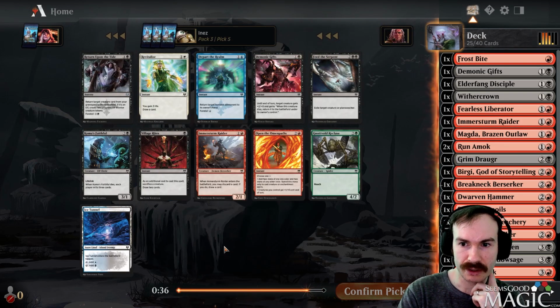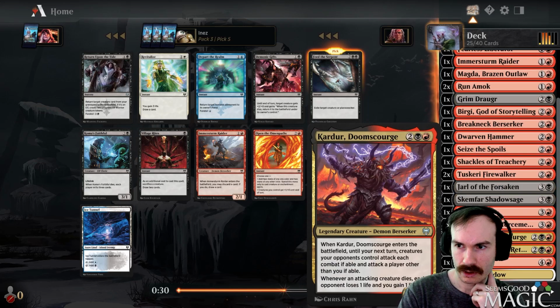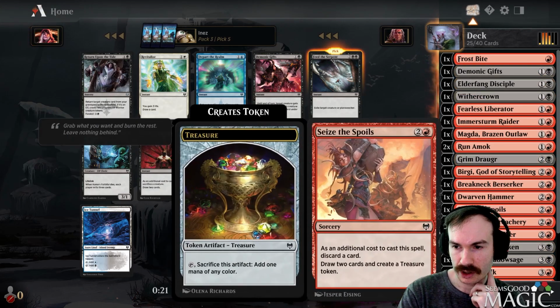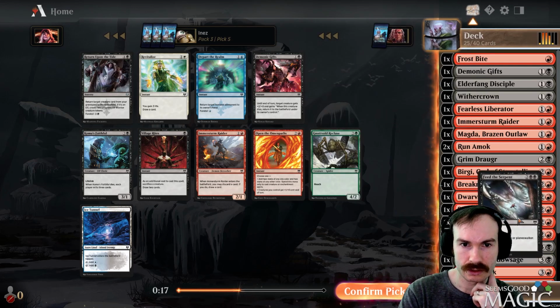Village Rites is totally playable. Otherwise, probably just take Feed the Serpent. You know, we're going to have enough creatures, I think. Yeah, because this is a creature too. Feed the Serpent is premium removal. I'm okay taking it here. We already have enough creatures. We can cut other things if we have to, so...